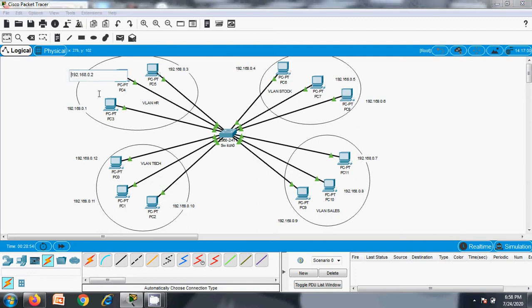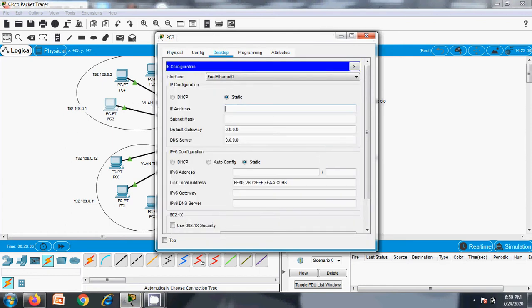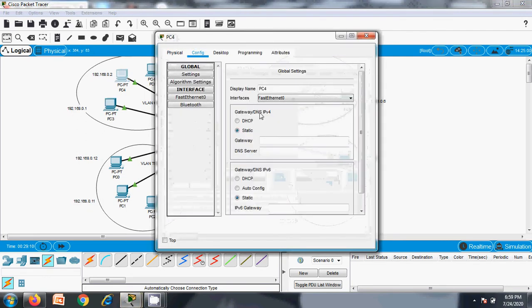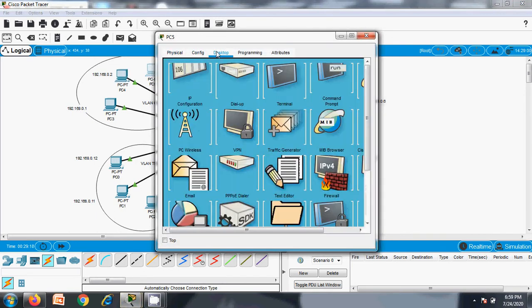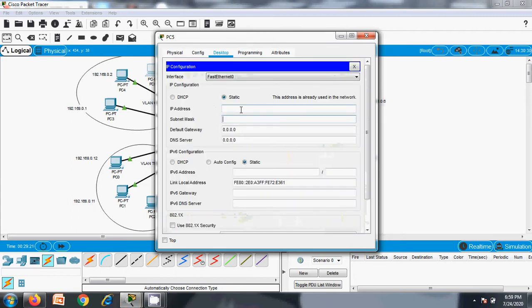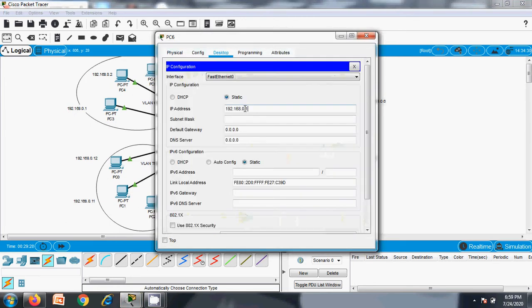Let's configure this IP to each system. So we'll start from 0.1. Okay, here. So IP address, default gateway is not required. So 2. 3, 4.